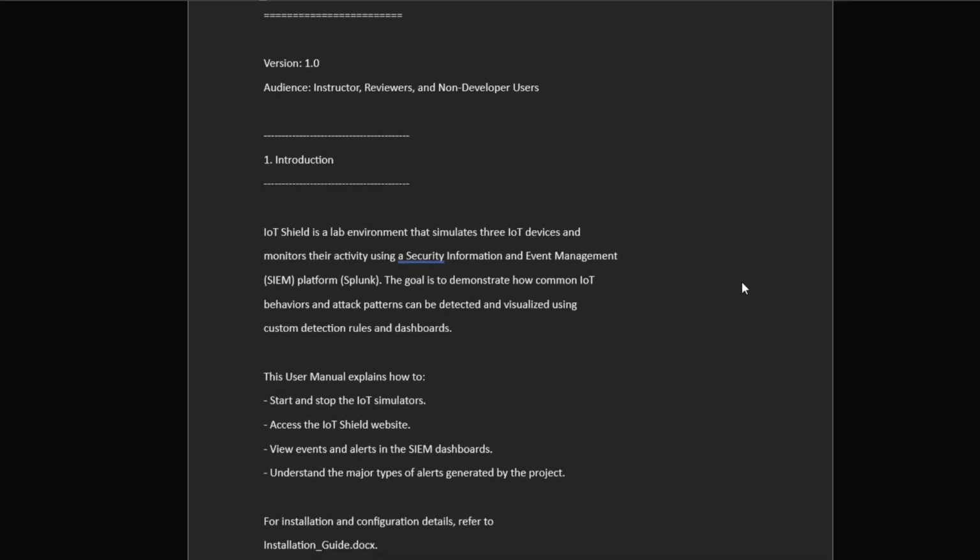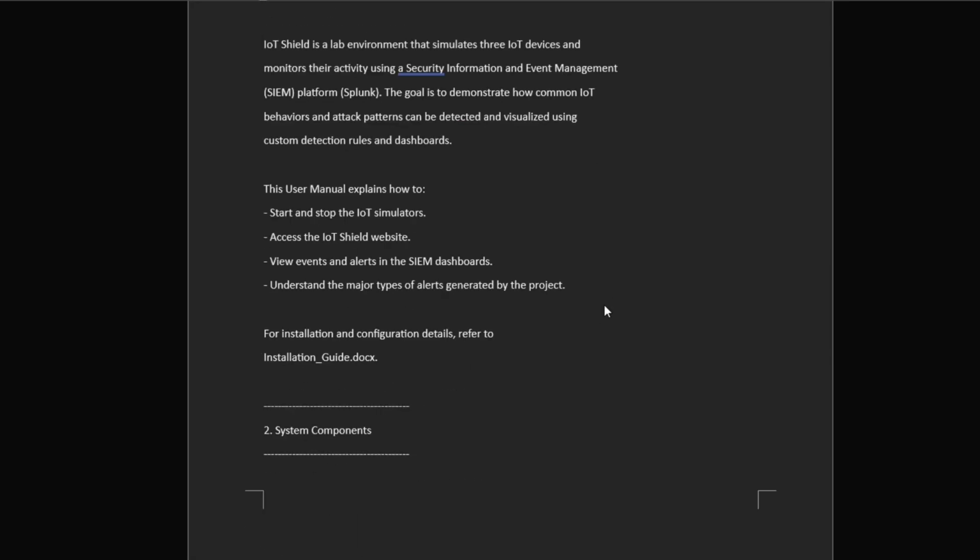The thermostat, camera, and door lock scripts generate realistic telemetry, but they're not connected to actual hardware sensors or embedded systems. This is perfect for a repeatable lab, but it doesn't cover firmware-level vulnerabilities, wireless protocols, or hardware tampering. In the next phase, we would integrate at least one real physical device, such as a smart plug or camera, and extend the pipeline to include real network traffic, firmware updates, and maybe even physical tamper events. So, as for limitations,